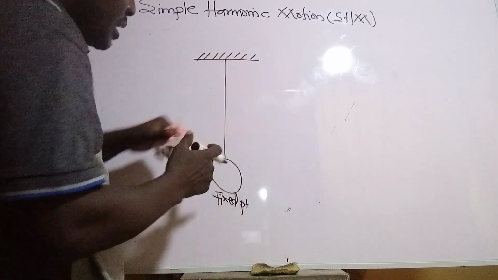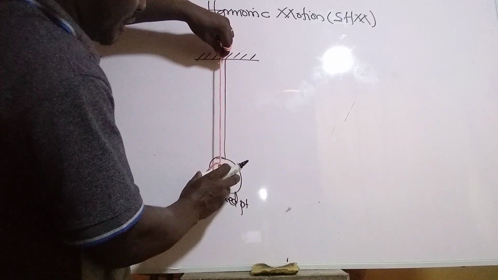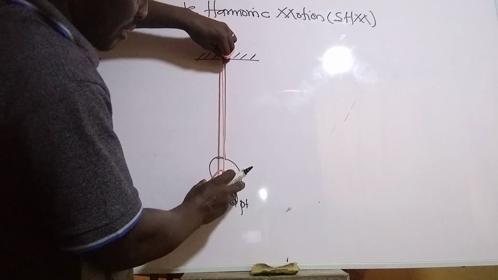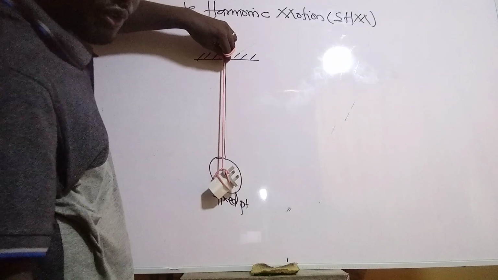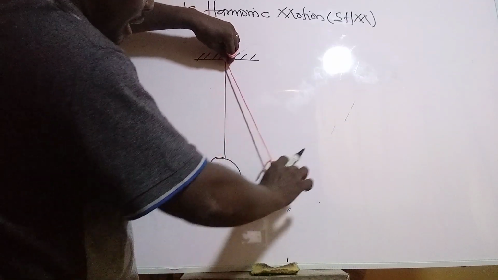Now, if this body is made to oscillate, displaced in one direction from the equilibrium position, from here, if we cause a displacement in the object through a small angle,